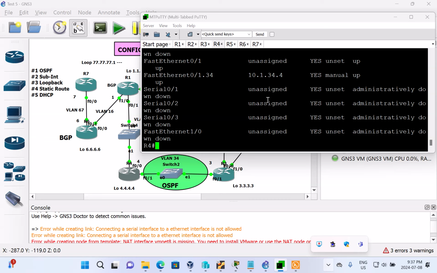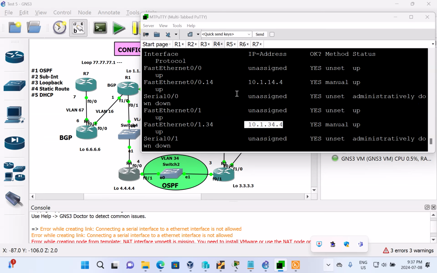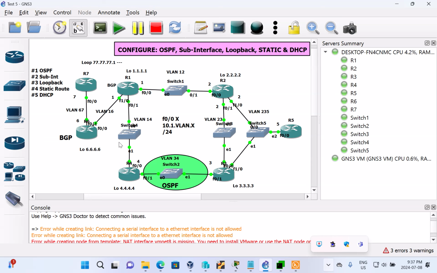There is no IP address. FastEthernet 0/1, there is a 10.1.24.4 address, which is good, which is in this line of the VLAN. And if we go on the top, we have FastEthernet 0/0.14, which is configured also successfully. But when we go to the router 6,